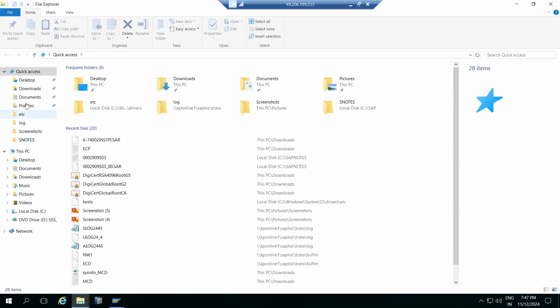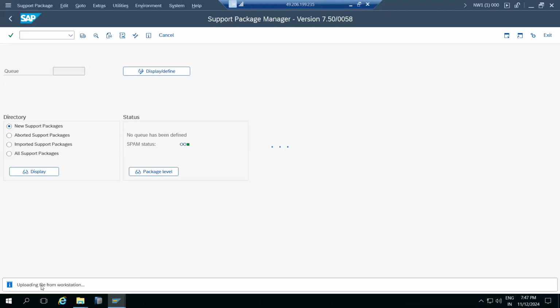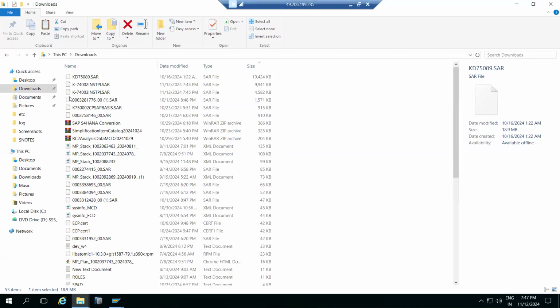So this is what we have to do in the systems. If you do it from here, this may take a very, very long time. We can see here it is still processing, uploading the file. Why? Because it got stuck. So that is the reason. What we can do here is transfer the files from